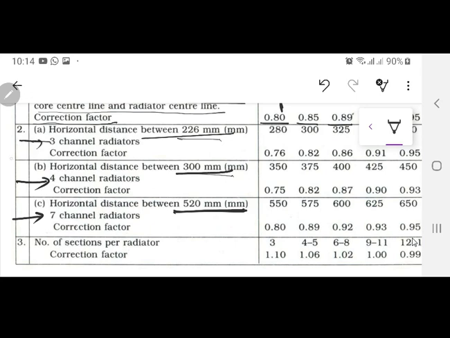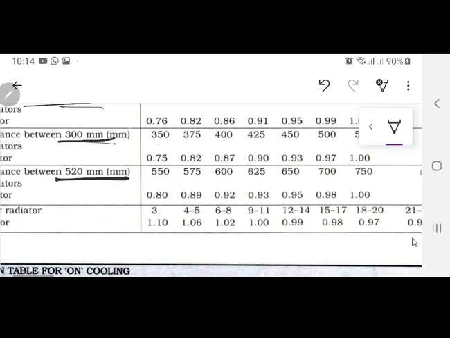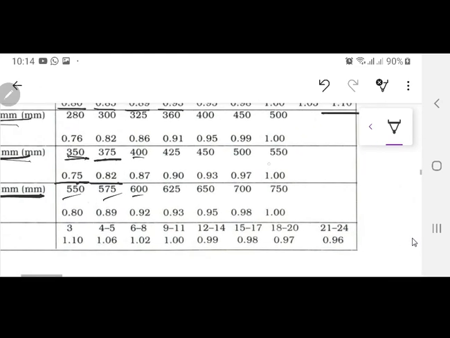So if you are using any of these 3 and their practical distance in between them is equal to 350 mm, then the correction factor is 0.75. If you are having 375, then it is 0.82. अब आप देख सकते हो जितना फासला उन रेडिएटर से बढ़ता जा रहा है उसके बीच में एयर है, it will be better to cool it off. So जैसे जैसे आपका ये फैक्टर 550 mm तक अप्रोच कर रहा है, this correction factor is 1. यानी कि जितनी वो हीट डिसिपेट डिजाइन करने के लिए बना है वो उतनी ही हीट डिसिपेट कर रहा है.